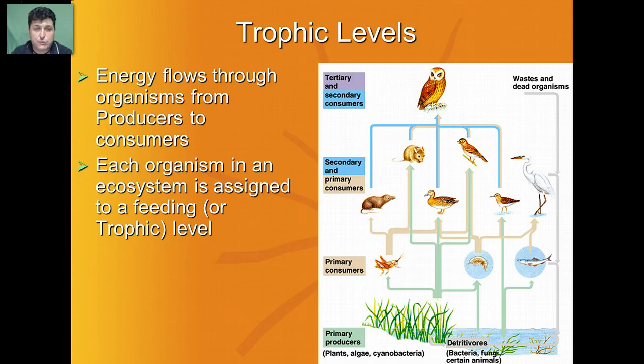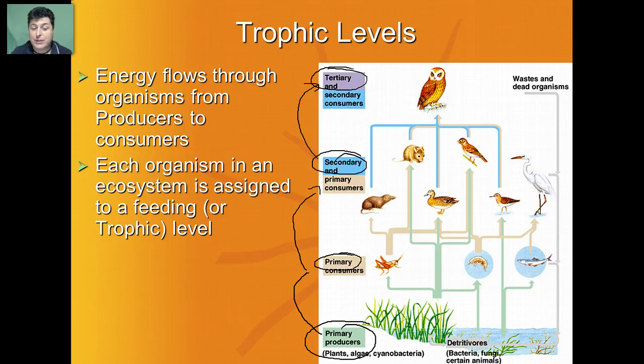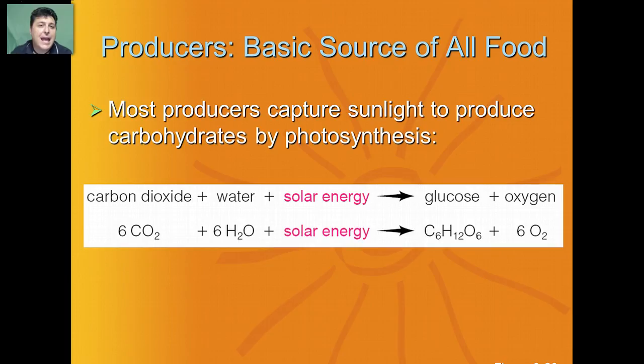Now, as energy flows through our ecosystem, it's going to flow through different levels based upon how that energy is received and transferred. At the base, we have our producers. The producers are capturing the energy. The first ones to be able to take that energy into themselves are going to be our primary consumers. The second ones that are gaining access to that stored energy from the plants are going to be our secondary consumers. And then the third group that's going to take that original energy into their tissues is going to be our tertiary consumers.